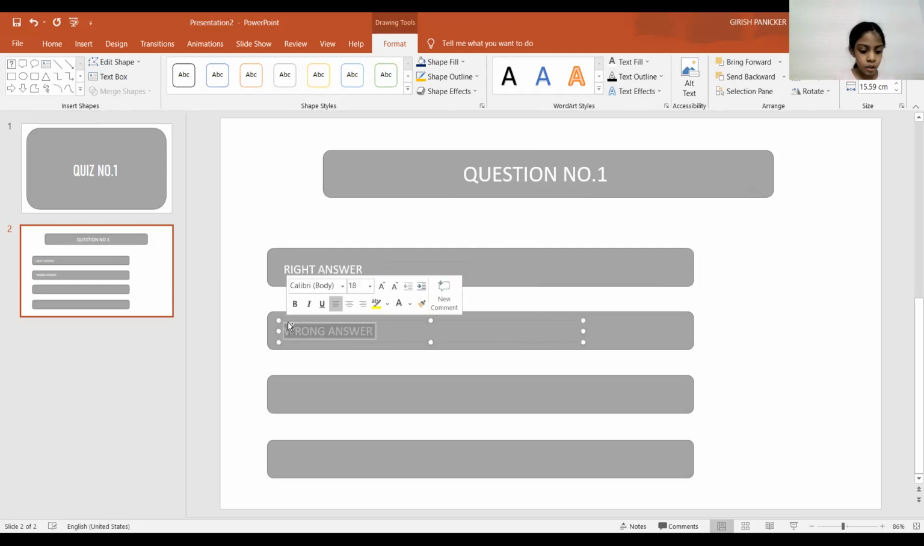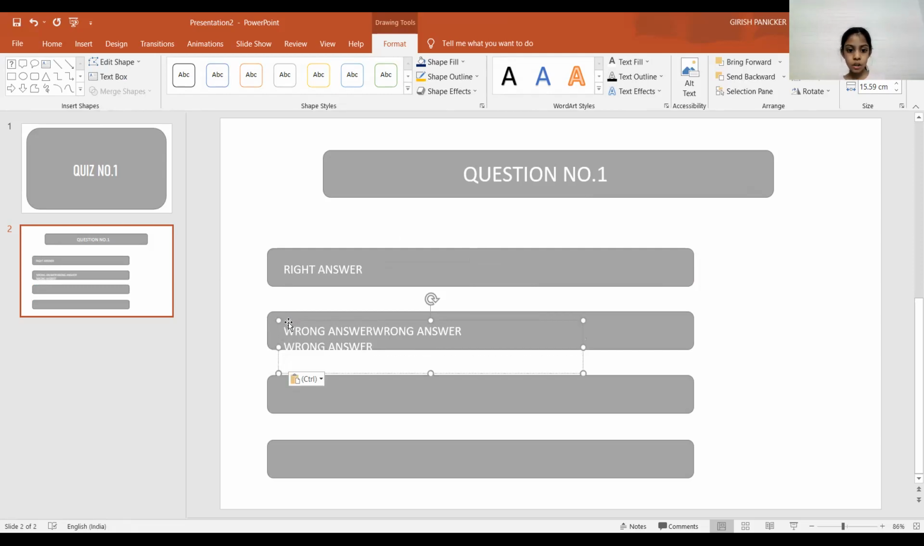Now I'm going to make duplicates of them. I'm going to put Control C for here. Control C. Now Control V, Control V, Control V. You can see. I think